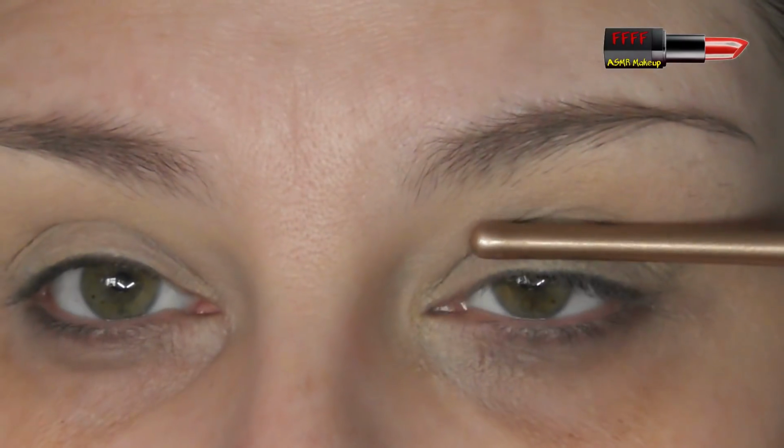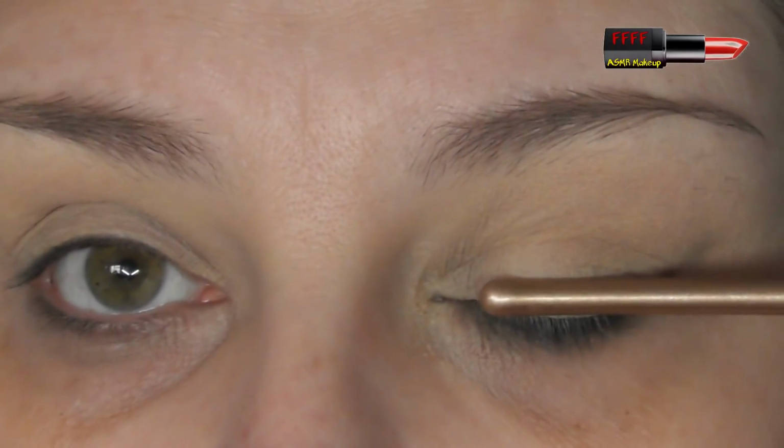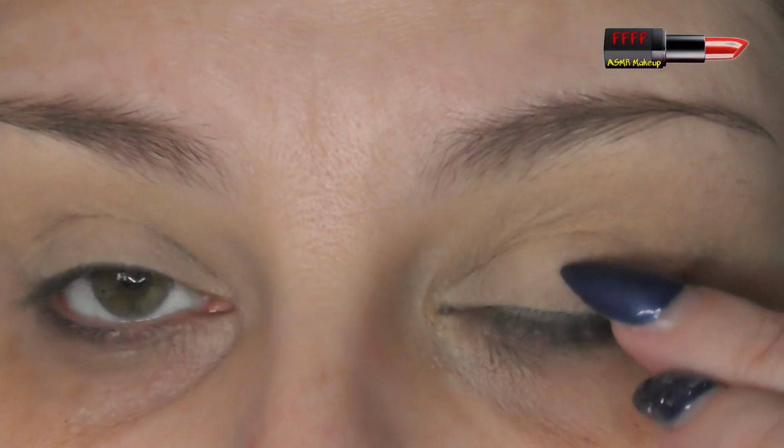I'm actually blind on this side, but if I cover my mobile lid on this side and then close this eye, you can see I've got as much mobile lid again above it that folds back in. So I totally understand the issues that people with hooded lids face, when you cut your crease, you can't just follow the shape of your eyeball like most people,